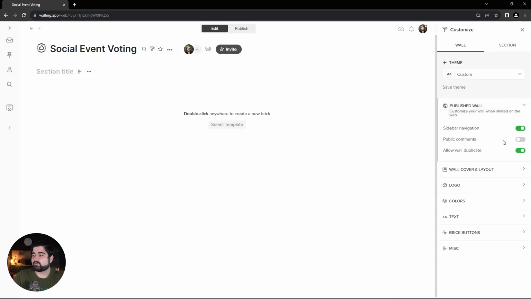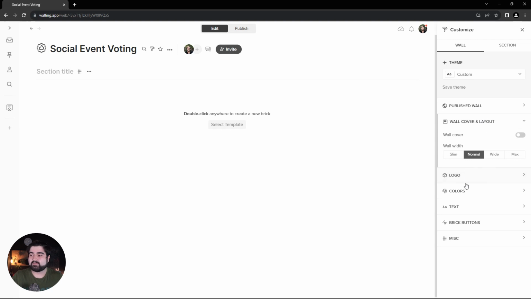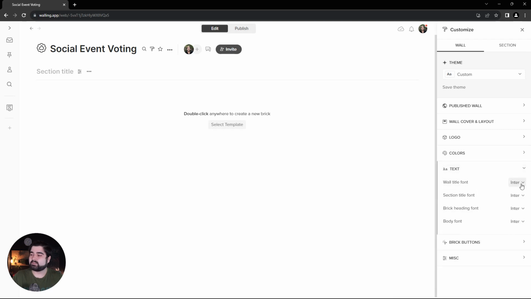First off, under published wall, I'm going to turn off the sidebar navigation because we don't really need it. It's only 3 sections. We aren't going to do any wall color, so we can leave that alone. No logo. Colors can be the defaults. And then for text, I'm going to do Rubik for all of the title fonts, and then Inter for the